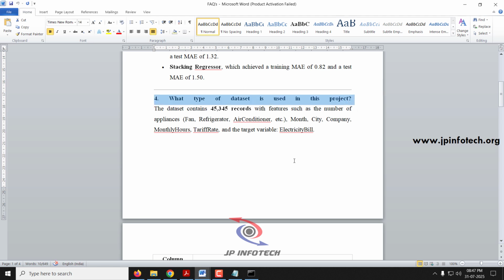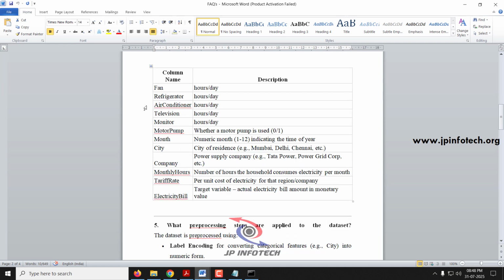So the dataset contains 45,345 records, which contain features like fan, refrigerator, air conditioner data. Here you can see the column with the description of the fan. The values available in the dataset show the hours per day, refrigerator also hours per day,